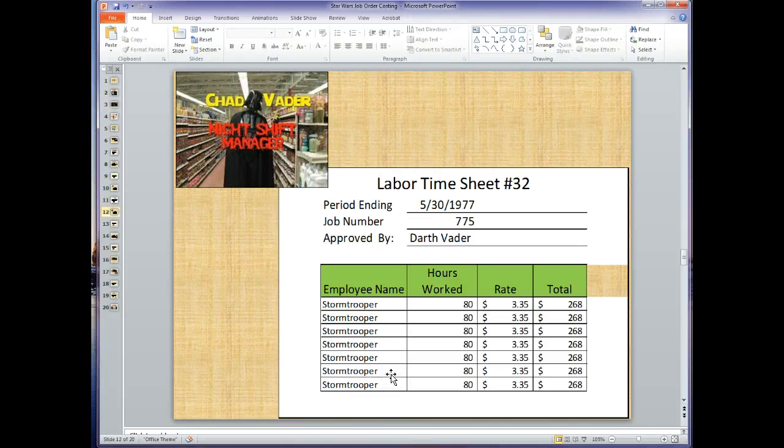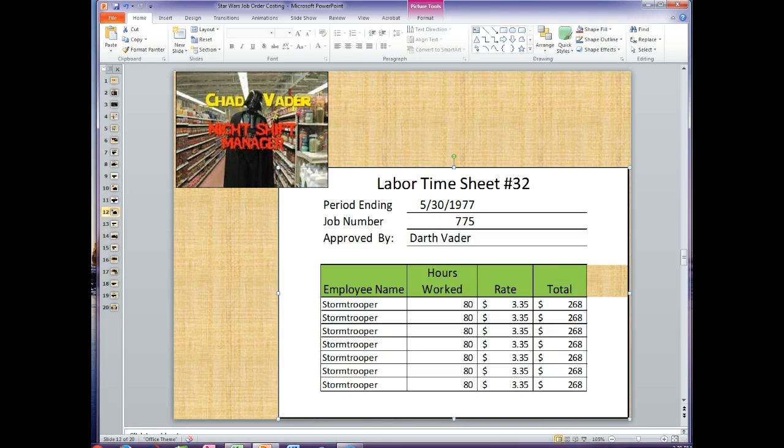Now they're union guys, so they're working two 40-hour shifts, so we know they've all worked 80-hour weeks. The stormtrooper worked 80, the stormtrooper worked 80. The Empire, as you know, is very tight-fisted and will not let people work overtime. So that really helps a lot. If there's some overtime in here, there'd just be some more columns with time and a half. Here's their rate. It's minimum wage in the Galactic Empire in the 1970s. They all make $3.35 an hour, and so we're paying them all